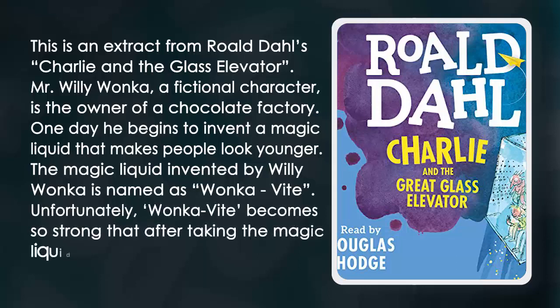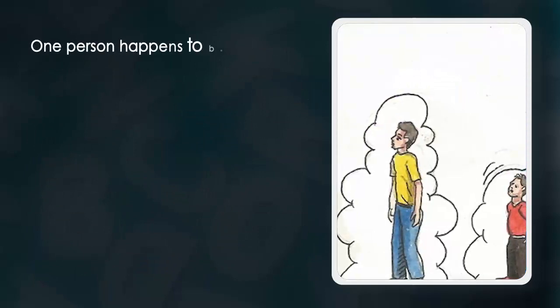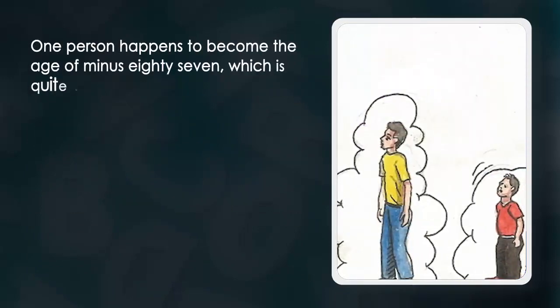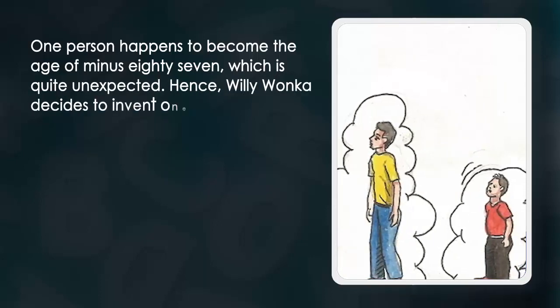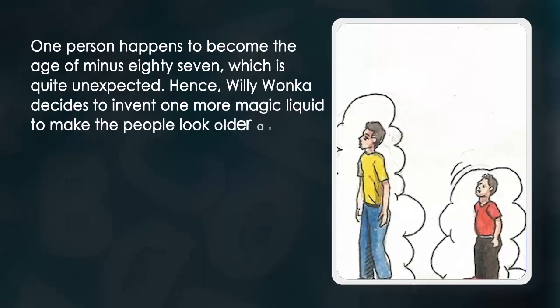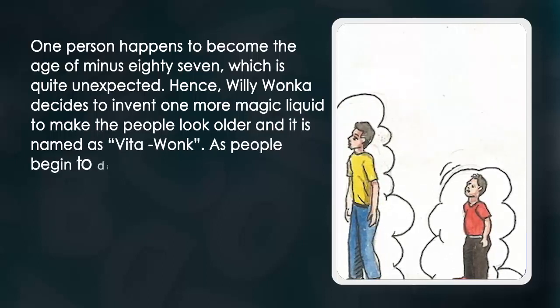Unfortunately, Wonka White becomes so strong that after taking the magic liquid, the people, instead of becoming younger, reach minus age. One person happens to become the age of minus 87, which is quite unacceptable. Hence, Willy Wonka decides to invent one more magic liquid to make the people look older, and it is named